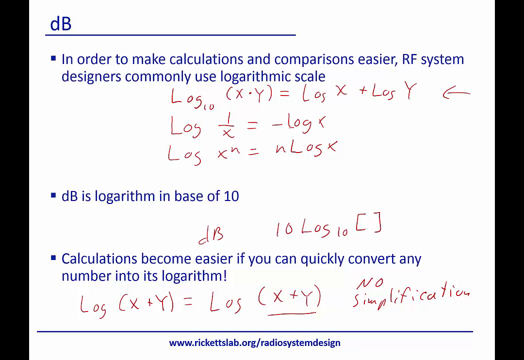So to do this properly, what you'd actually have to do is add x and y in the linear domain and then take the log of that. And sometimes we might give you x and y in dB, and you would have to convert those to a linear domain and then take the log. So for instance, just do an example, x equals 3 dB and y equals 10 dB,